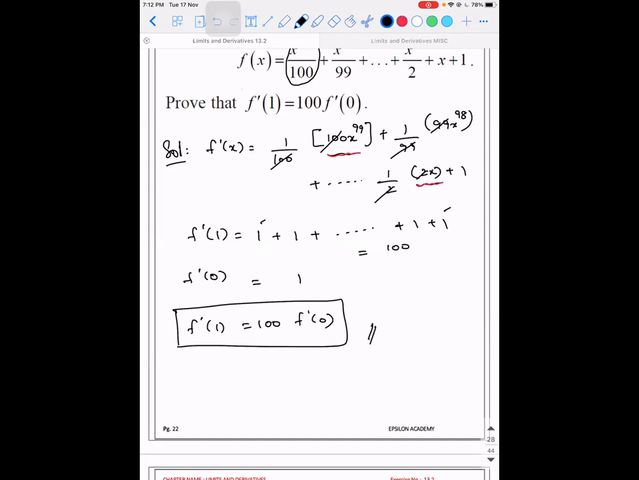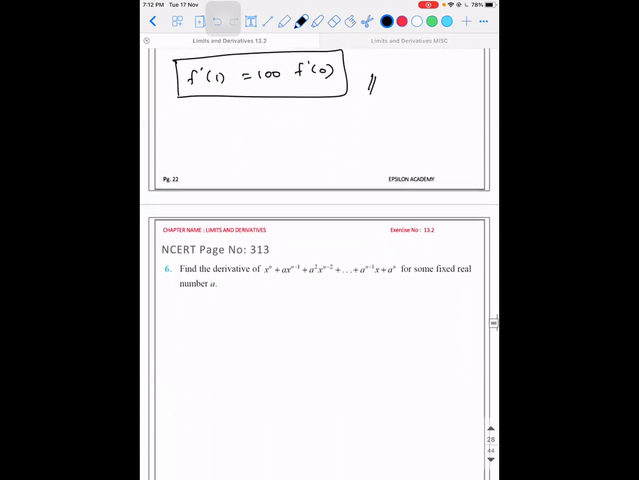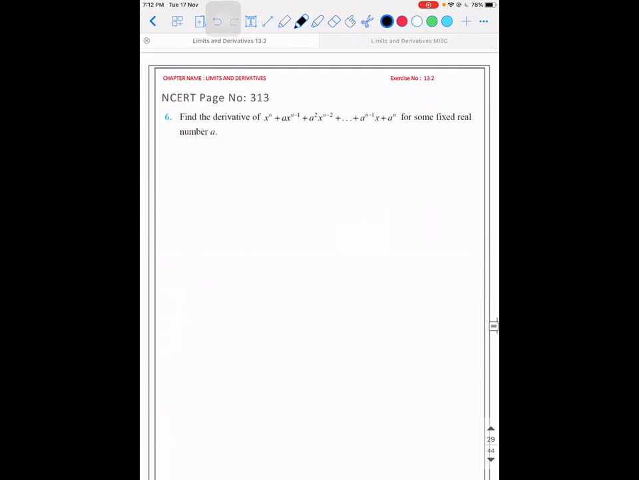And moving on to the next part. Okay. So we'll do one last problem for today. Find the derivative of x power n plus a into x power n minus 1 plus so on till a power n for some fixed real number a. So what is f dash of x? Derivative of x power n is n into x power n minus 1 plus a into n minus 1 into x power n minus 2 plus n minus 2 into a square into